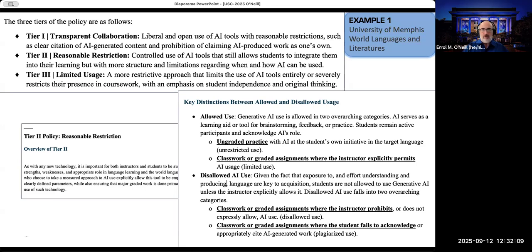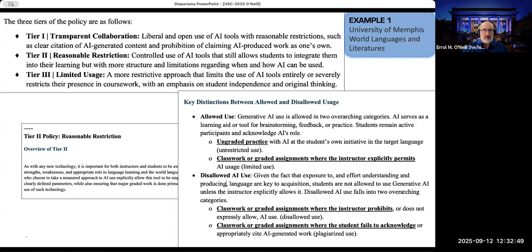Tier 1 would be for instructors who are comfortable with having students use AI in a large variety of cases to support their language learning. We do have some faculty members who are in tier 3, who don't want their students using AI at all. So it's a more restrictive approach that allows very little to none in terms of in-class usage. That way students have an idea from the beginning of the semester of what their instructor is expecting of them. And I gave here some examples of tier 2, as the in-between